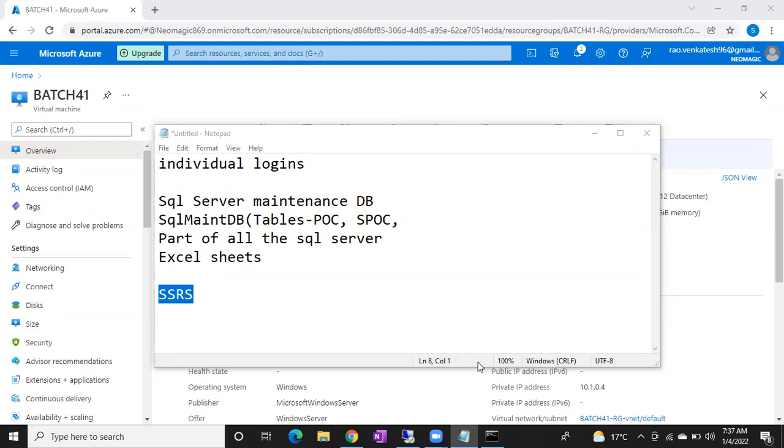So what will Praneeth do? Praneeth will simply get back to us: Hey, my group account is created. Can you please give the access now? Then we'll create the login immediately. And creating a group login and an individual login, there is no difference. If it is a group login, we'll give the group login name. If it is an individual login, we'll give the individual login name.